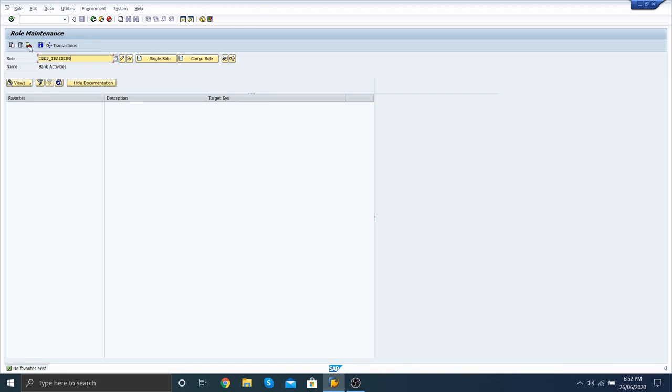Delete: you can delete this role. Click delete. It shows the role does not exist, which means the role with this name has not been created till now. You can create a role from here.